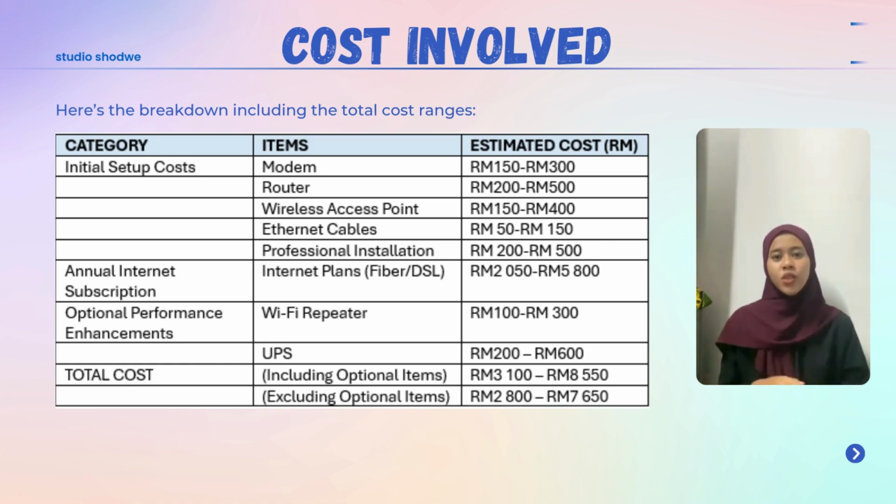With a monthly subscription to the internet, the estimated cost for a year can go up to around 2,050 to 5,800, depending on the plan and the type of connection, such as fiber optic or DSL. Additionally, there are costs for improving performance, such as a Wi-Fi repeater costing around 100 ringgit to 300, and for ensuring network stability, like a UPS costing 200 to 600. However, the total cost will depend on the needs of the house, the size of the area, and the equipment